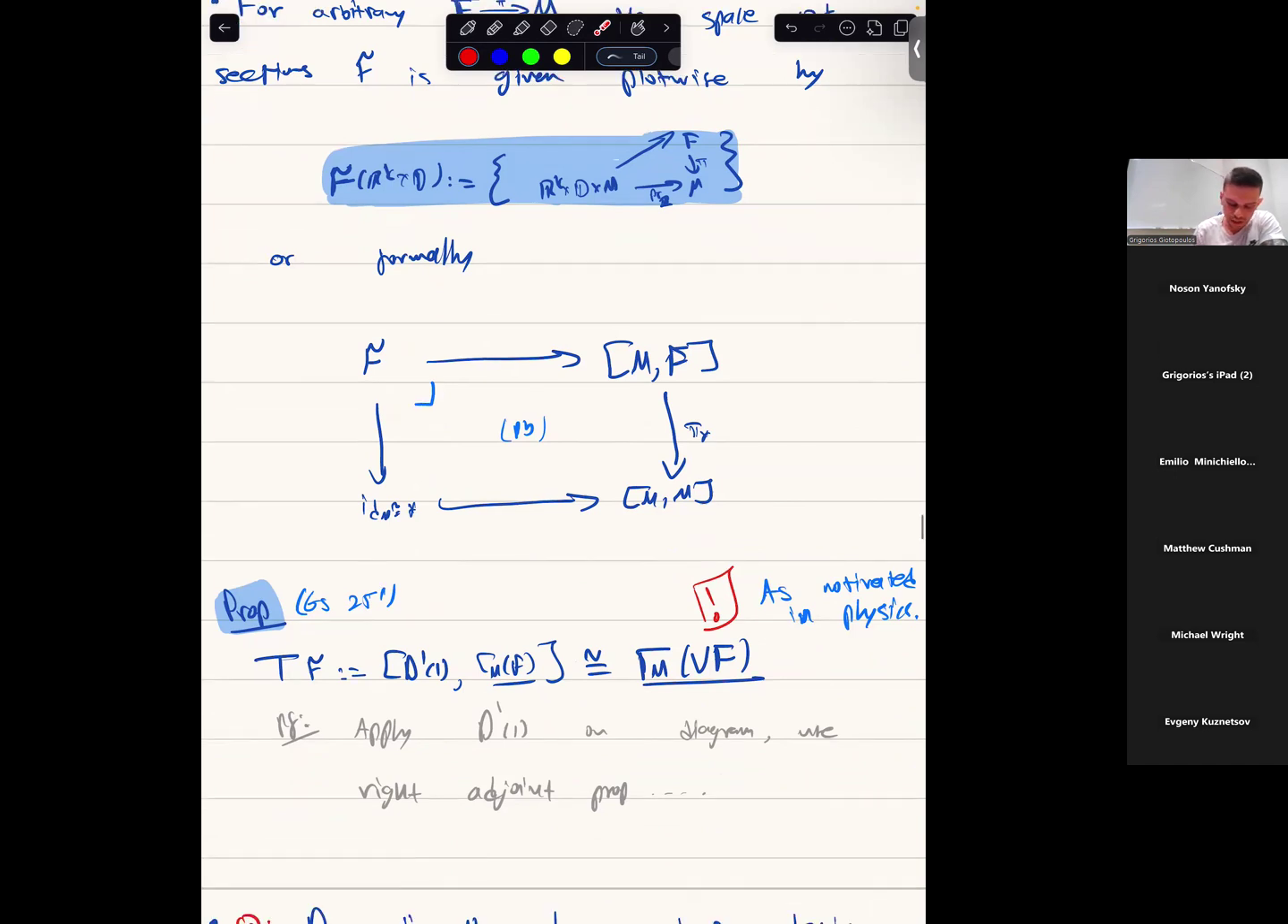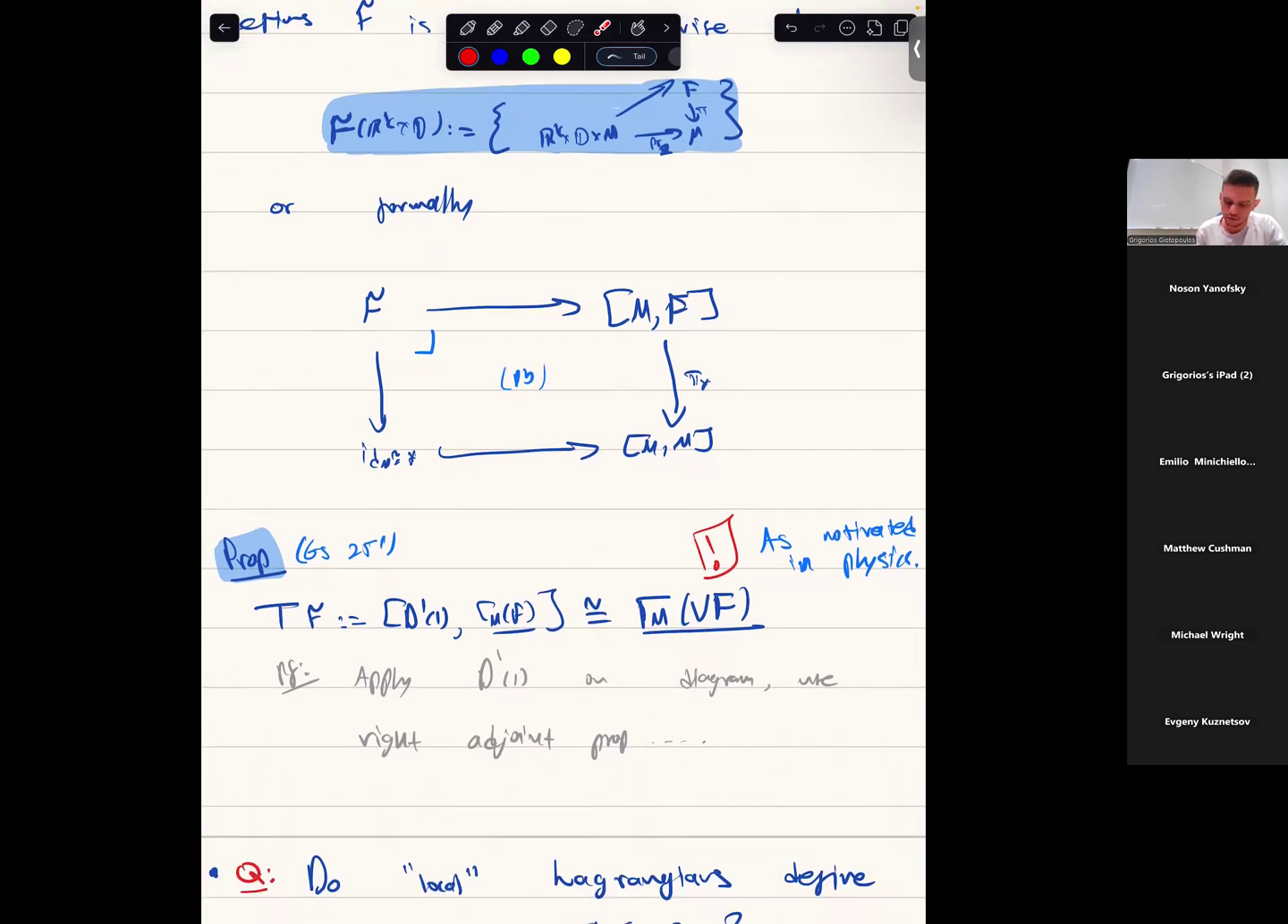It says, take the synthetic tangent bundle of any field space, right? This is it, with the above definition. And this is canonically isomorphic to the smooth set of sections of the vertical fiber bundle, okay? So let me just say again, this is what is assumed in physics heuristically. Now this comes out very nicely. And the proof is, you just take the internal hom with the